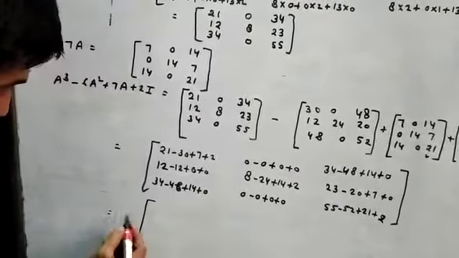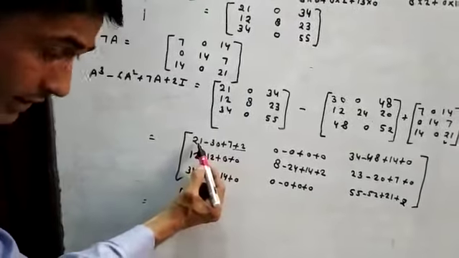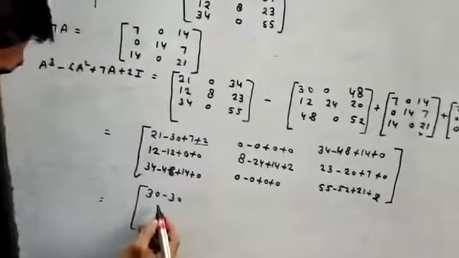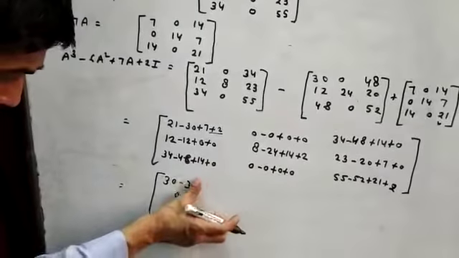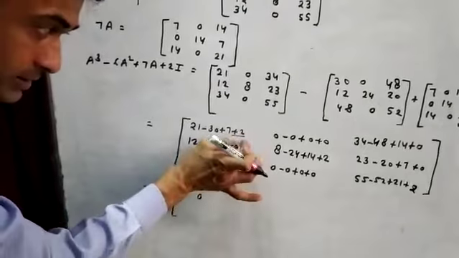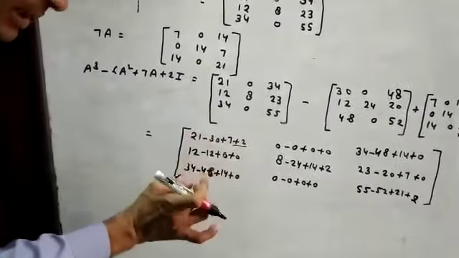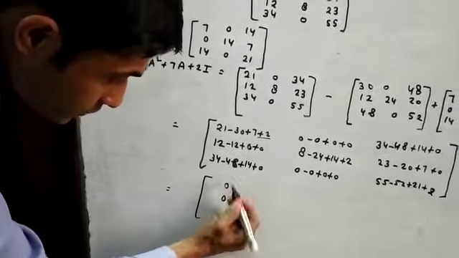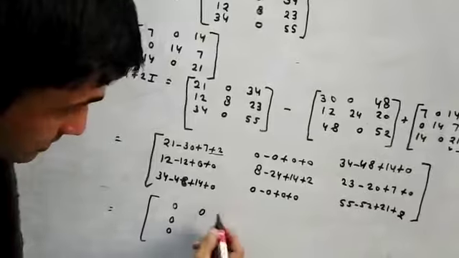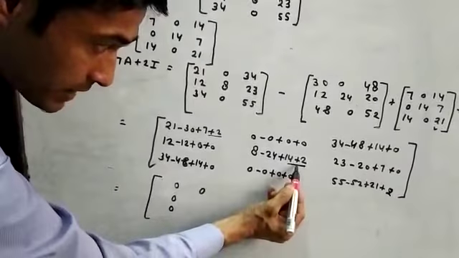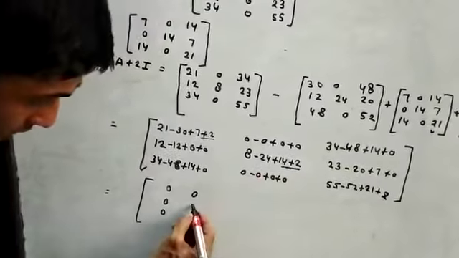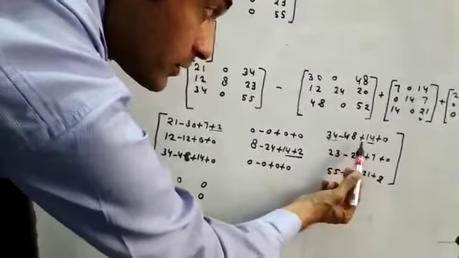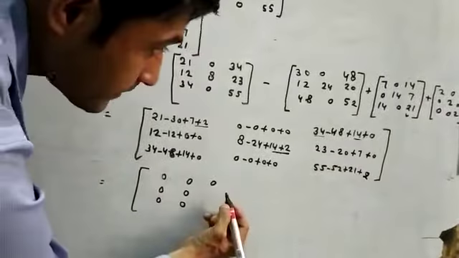Now, firstly, we write 7 plus 2, 9, 21 plus 9, 30. 30 minus 30, here 0, 0. 12 minus 12, 0. Okay, if you want to write directly, 7 plus 2, 9. 9, 21 plus 9, 30. 30 minus 30, 0. Here 34 plus 14, 48. 48 minus 48, 0. Here 0. 14 plus 2, 16. 16 plus 8, 24. 24 minus 24, 0. Here 0. 14 plus 34, 48. 48 minus 48, 0.